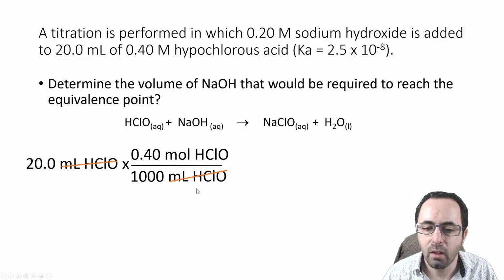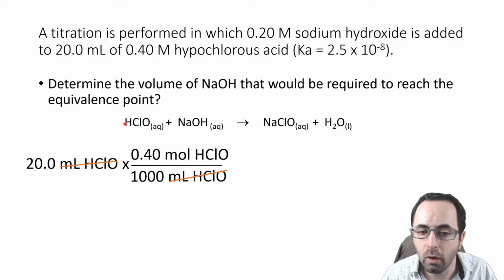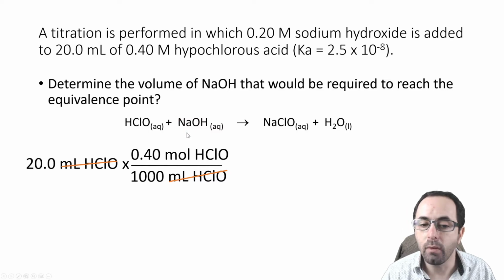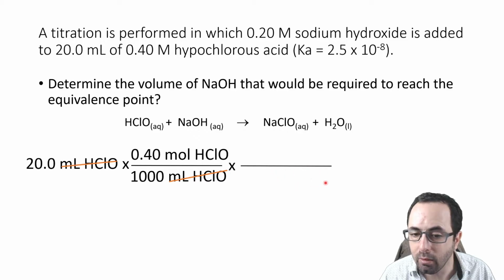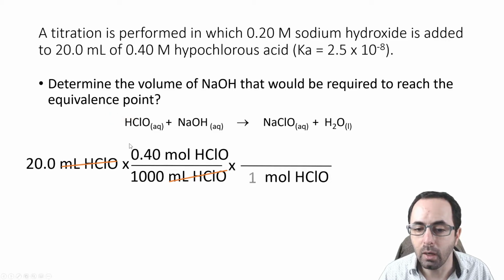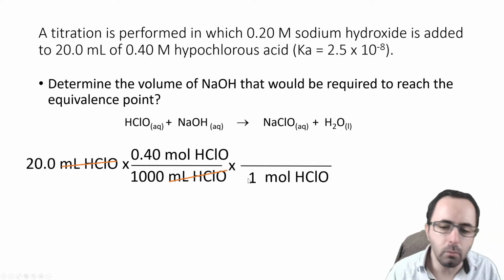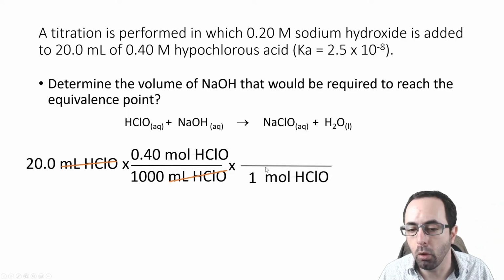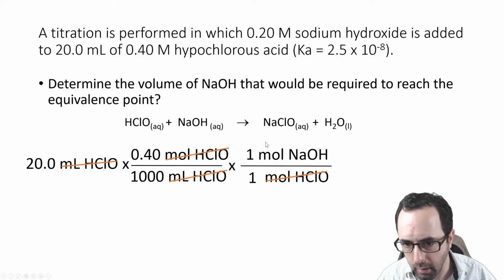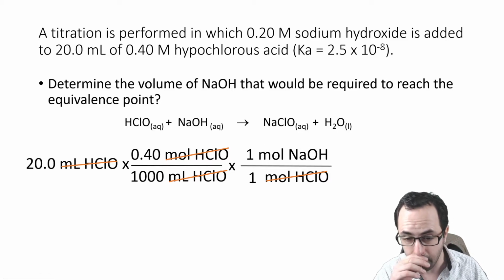Okay, next we want to go from moles of hypochlorous acid to how many moles of sodium hydroxide it reacted with. And so we've got a 1-to-1 molar ratio. Of course, we make sure that our units are going to cancel, so we're going to put the moles of hypochlorous acid down here, and the number that's going to go with that is the coefficient in the balanced equation. It's 1. Then on the other side, we're going to have 1 mole of sodium hydroxide after our hypochlorous acid cancels. That's going to get us to the number of moles of sodium hydroxide. Finally,